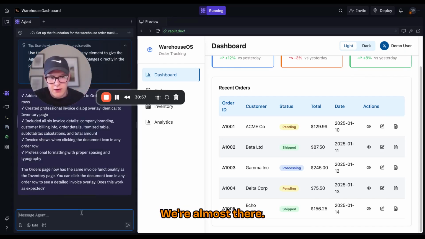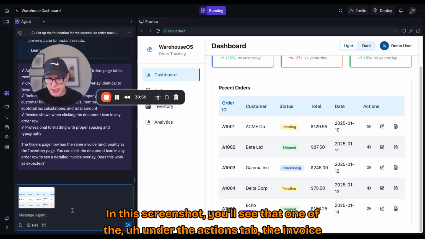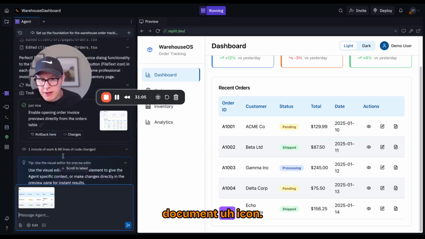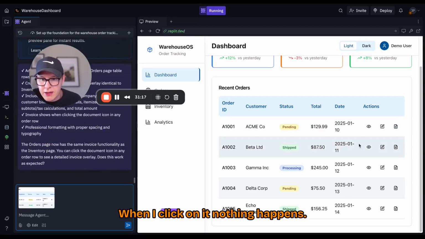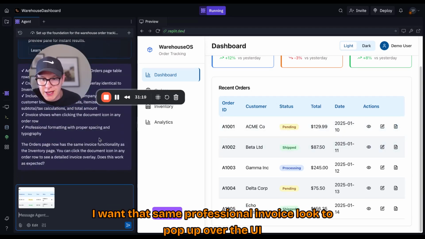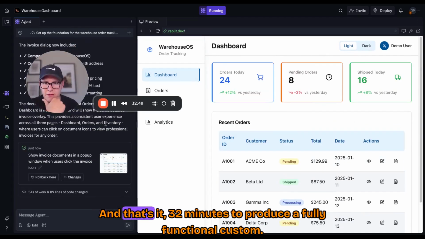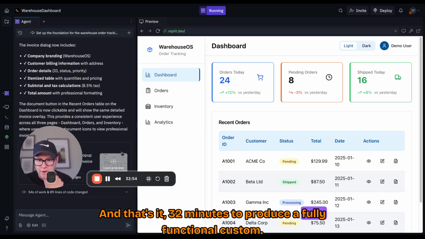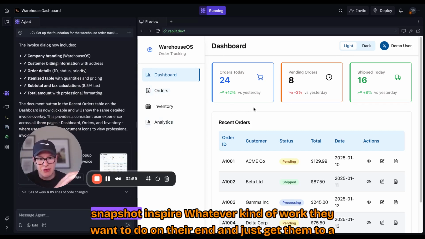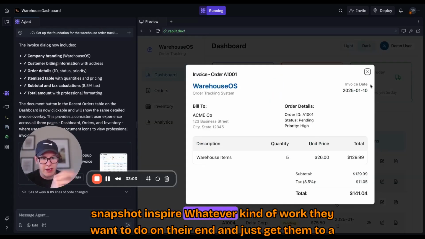We're almost there. In this screenshot, you'll see that under the Actions tab, the invoice document icon, when I click on it, nothing happens. I want that same professional invoice look to pop up over the UI. And that's it. 32 minutes to produce a fully functional, custom snapshot,